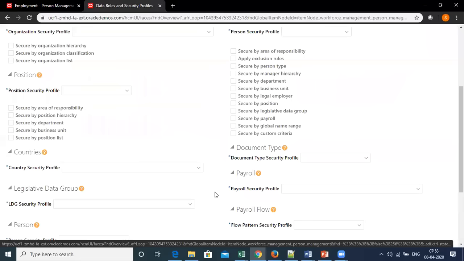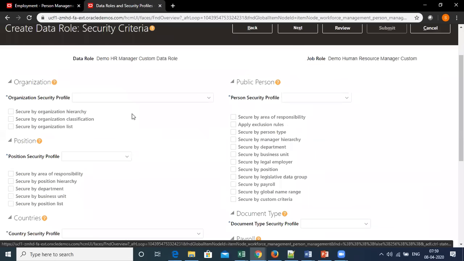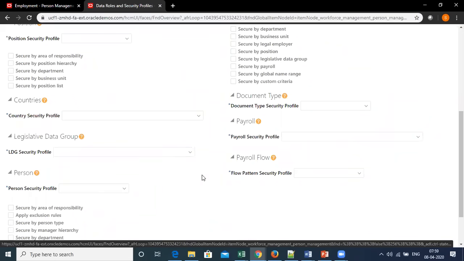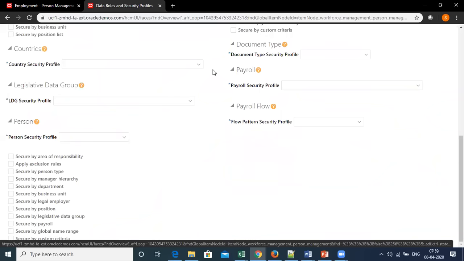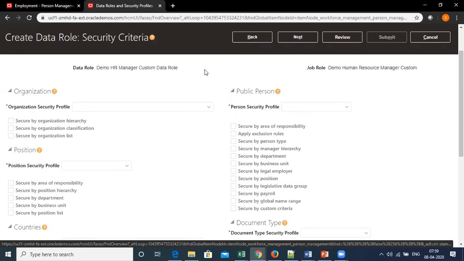Here is the page where you can assign all the profiles. You see the profile list which we were looking at a few minutes before, that all profiles are created and then assigned over here.